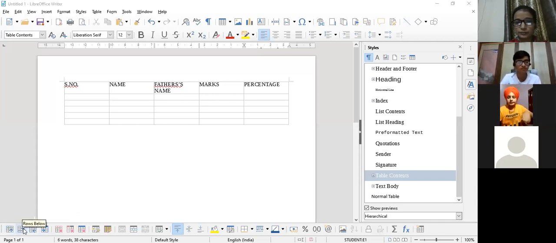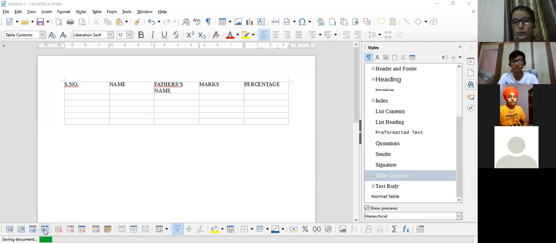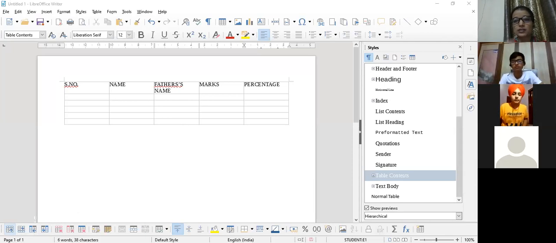Rows above, rows below, columns before, columns after. This is for insert. They have not given the options over here saying whether this is for insert or this is for delete. How will it be specified? It is insert, because the arrow is given over here. Arrow means it is inserting. Clear? It is inserting row above, inserting row below, inserting column to left, inserting column to right. So this way you can specify that this is for inserting.